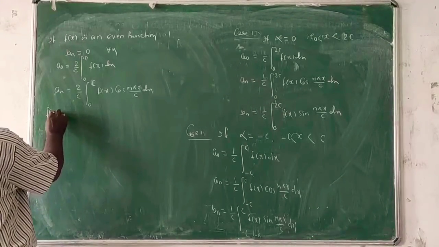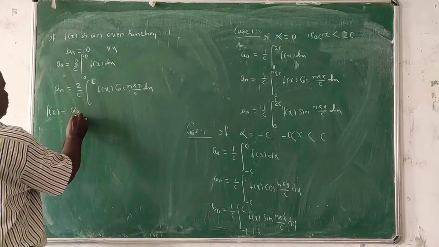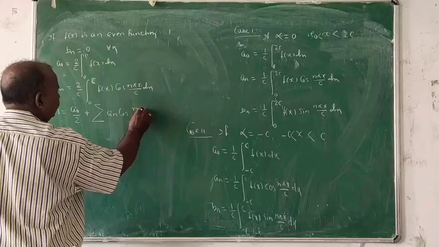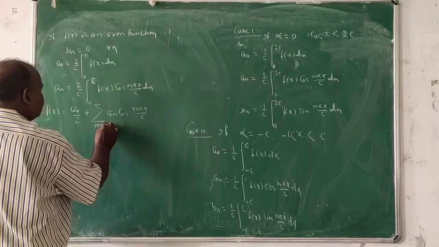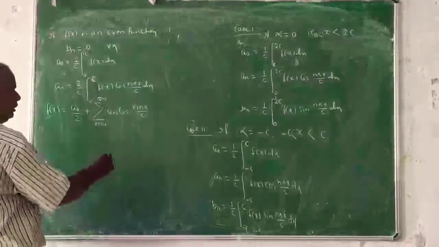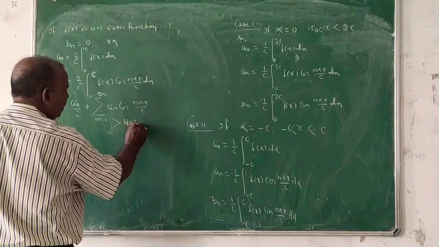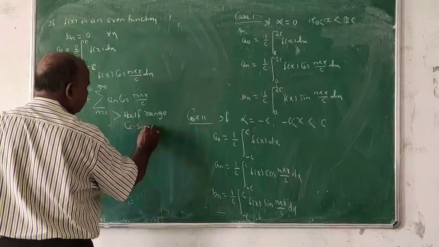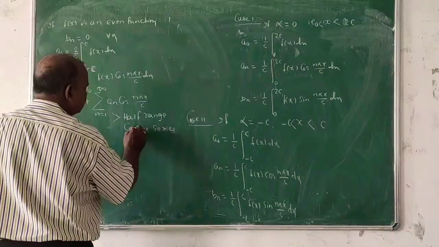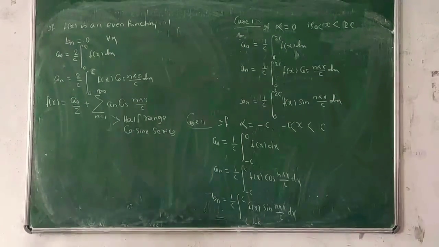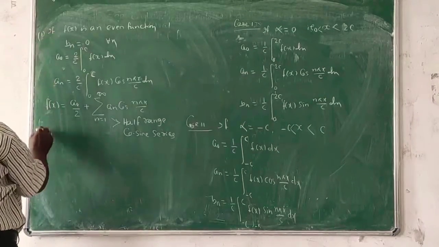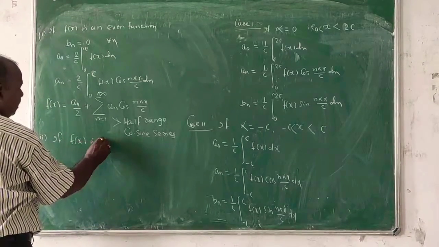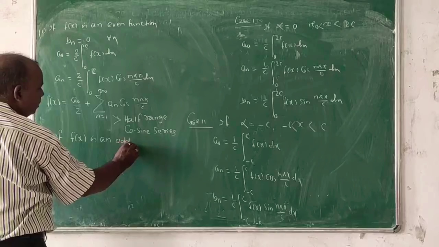Then the required Fourier series is f of x equals a naught by 2 plus the summation of an cos of n pi x by c, where n again varies from 1 to infinity. This is called the half range cosine series. Okay? Now take another case. If f of x is an odd function,